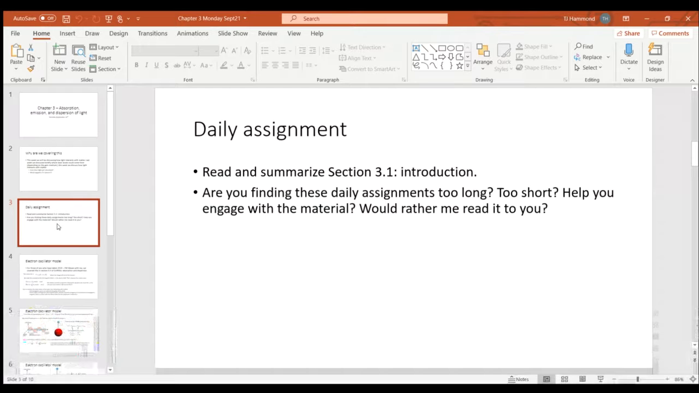So the daily assignment this week is going to be reading and summarizing section 3.1, just the introduction. I'll be taking some of the notes from the following 5 or 6 pages in your textbook, but I'll also be taking a lot of the notes from your electricity and magnetism textbook. So don't worry too much about the details, because I'll be working through the details using different references. Okay,